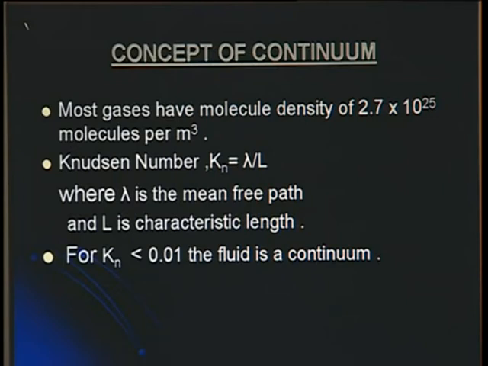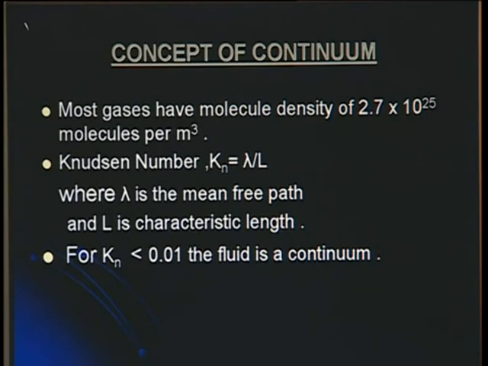Now, why can we consider that gas or liquid may be treated as a continuum? What is continuum? The hypothetical distribution of mass over the volume is called continuum. Like in the room where we are studying this subject, it is filled with gas. Let us say we have 20 kg gas here. Now, this 20 kg gas is assumed to be uniformly distributed over this room. So, we can find out the density, and that density is applicable at any point. At whatever point you go, you will find that density remains the same.